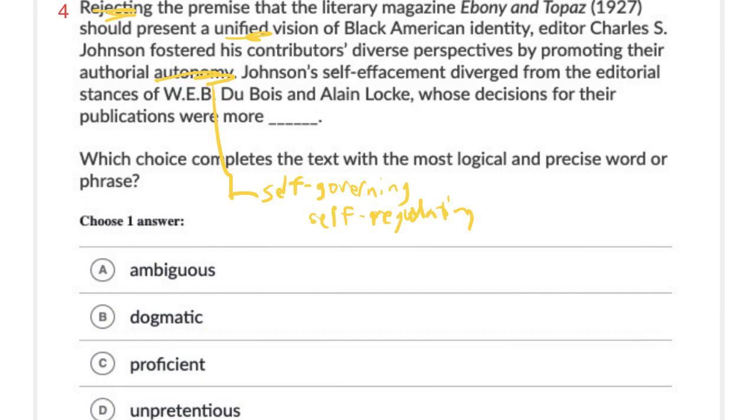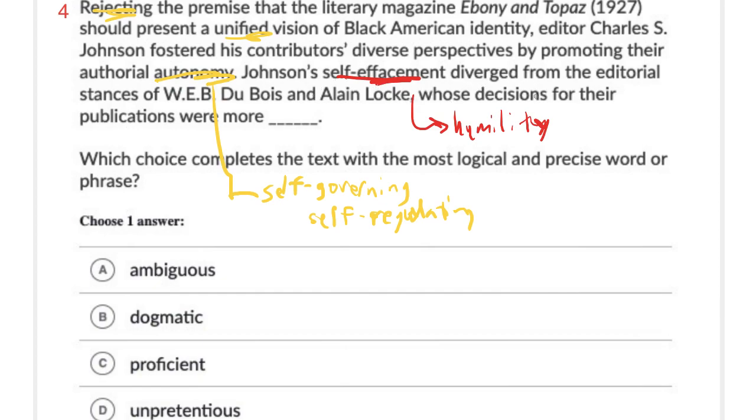Okay, so Johnson's self-effacement. So more vocabulary. What is self-effacement? Some synonyms for that could include humility, as if you're humble. You're self-effacing. It's almost like you're hiding your face, or not really, but you're not boastful. You're not overly confident. You're not arrogant. You're not bragging. You're not promoting yourself. Something like that. So his self-effacement, his fostering of contributors' diverse perspectives, differed from the editorial stances of these other editors,